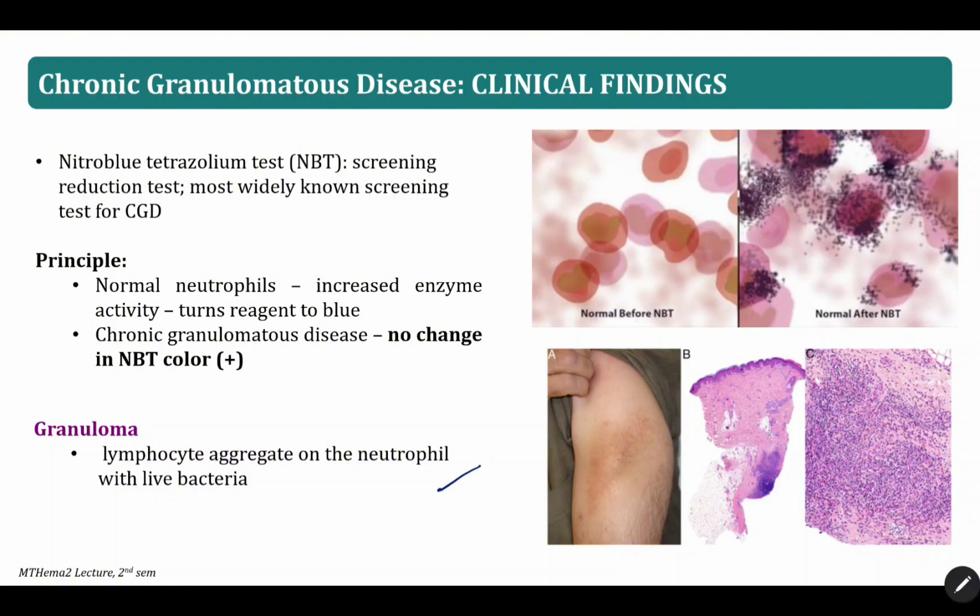When you say granuloma, these are lymphocyte aggregates on the neutrophil with the presence of live bacteria, kasi nandun lang sila, na-ingest sila, pero hindi sila na-kill. Okay, now this usually manifests as a purpuric lesion or red lesions in patients with CGD, and then in their tissue,